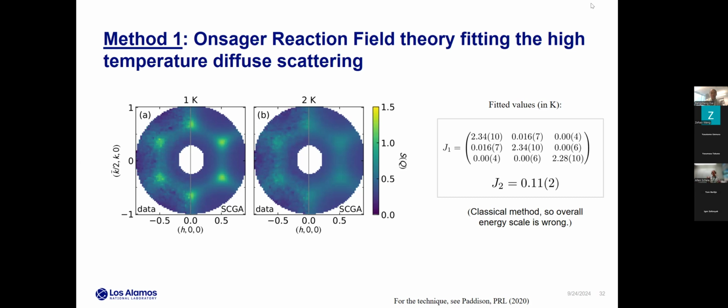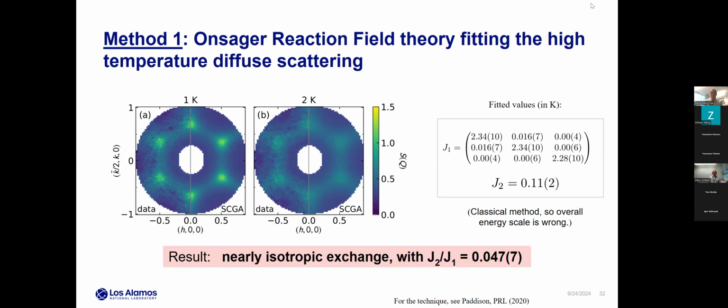And you can use this to fit the high temperature paramagnetic diffuse scattering. And the downside is this is a classical method, so the overall energy scale is wrong. But we thought this still should be useful in resolving the relative ratios between the different exchanges. And so the exchanges we get are on the right. We fit all the symmetry allowed nearest neighbor exchanges in this matrix and the second neighbor exchange. And go to the next